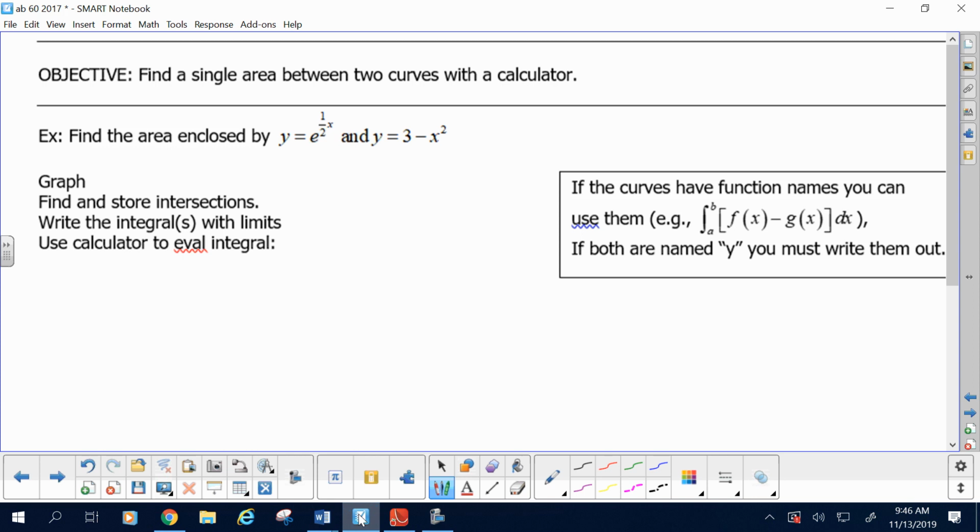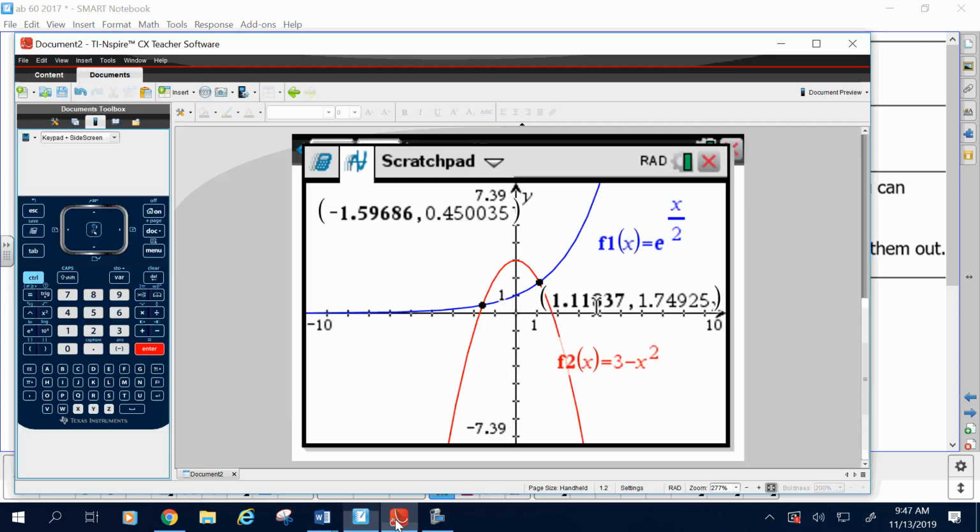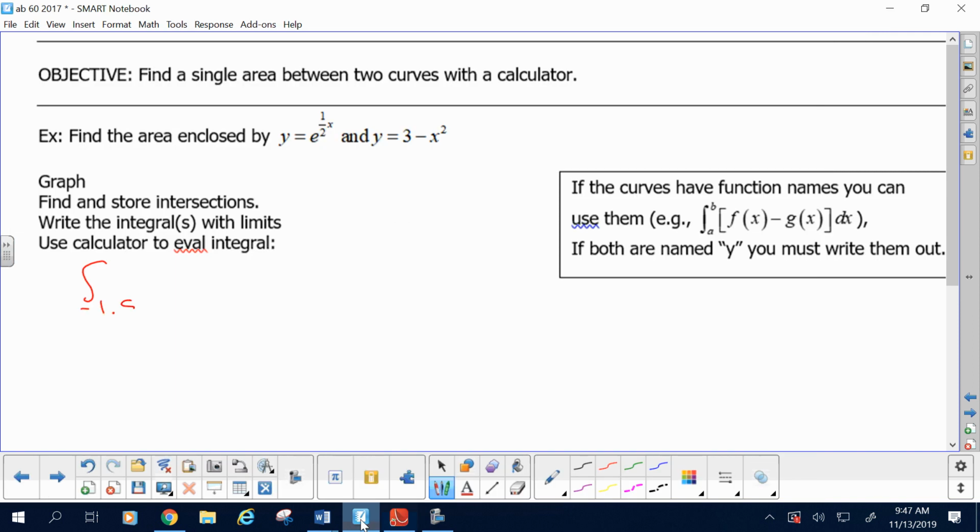I don't need to see the graph. You do have to show the integral that you used. The lower intersection point was, I cannot remember already. It was 1.596. Give me 3 decimals. The upper intersection point is